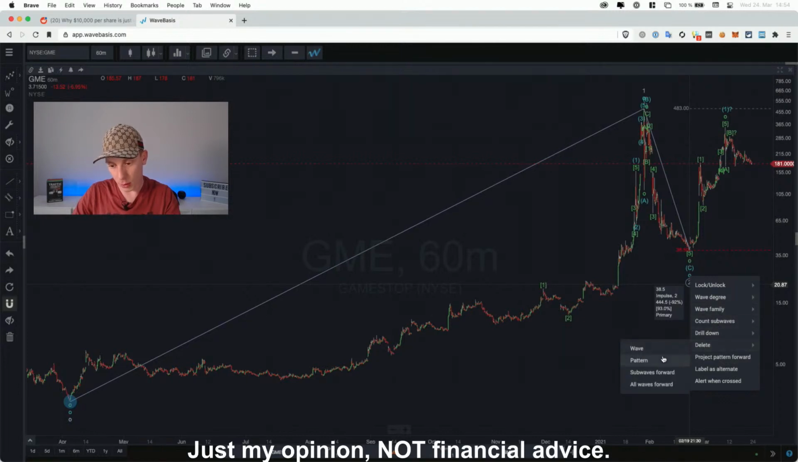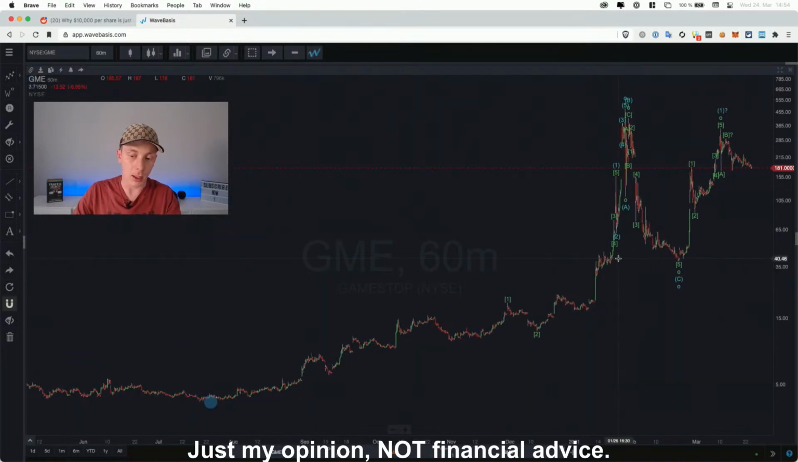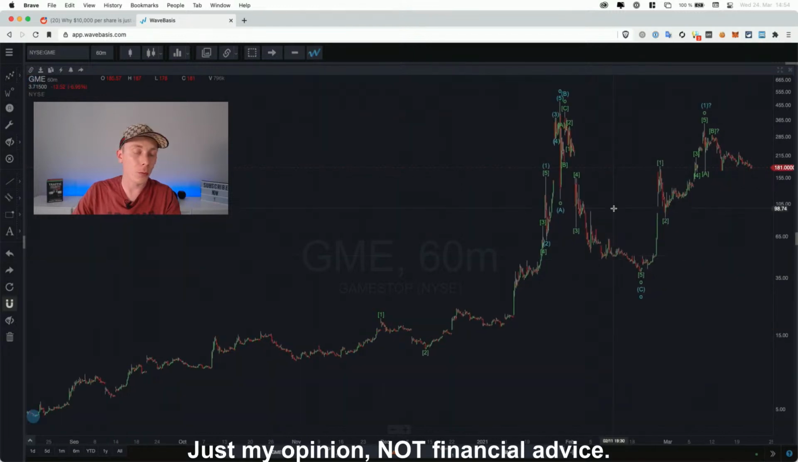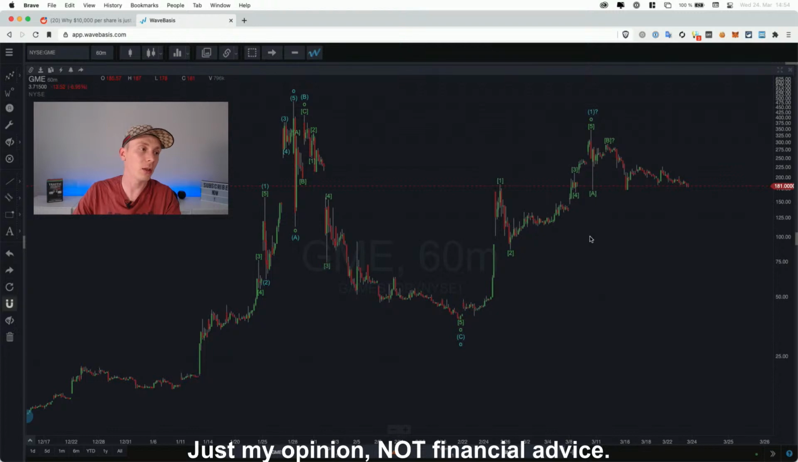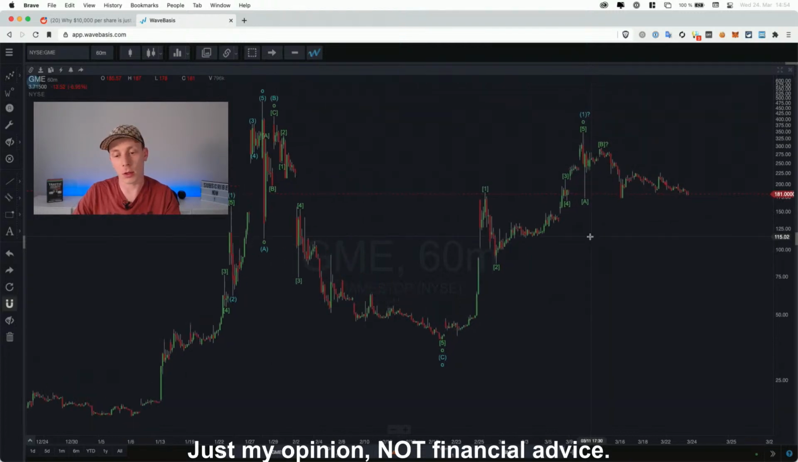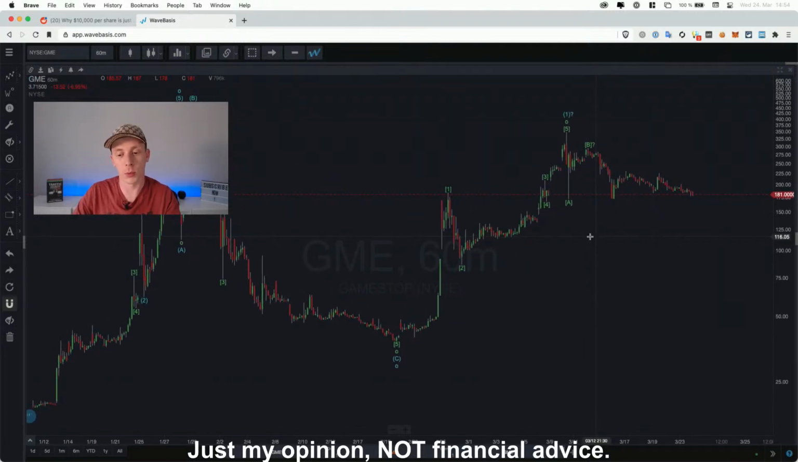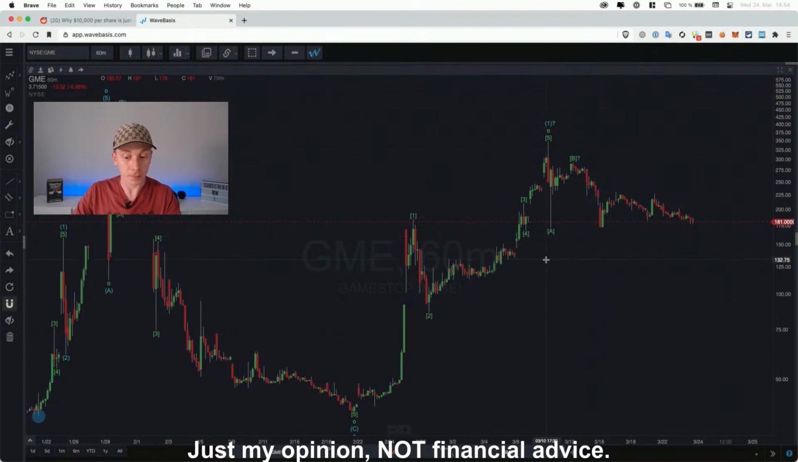Delete pattern, yeah. Now, that brings us to one part where Wave Basis is not so accurate. So if you now think you're just going to sign up for Wave Basis and auto label each chart and you're going to be rich tomorrow, that's not going to work. You're going to have to put in some effort and learn at least the basics about Elliott waves,